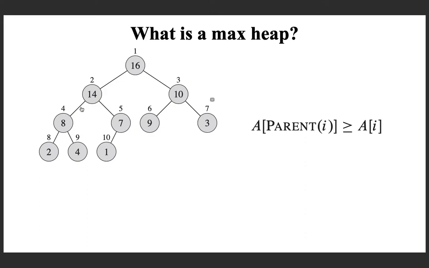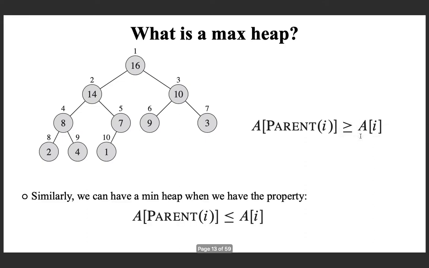And if you change the order of these values, you will get what is called a min heap. That is, the parent will have the least value. This is the max heap, where the largest element will be in the root node, and that is the property. I hope you are with me.